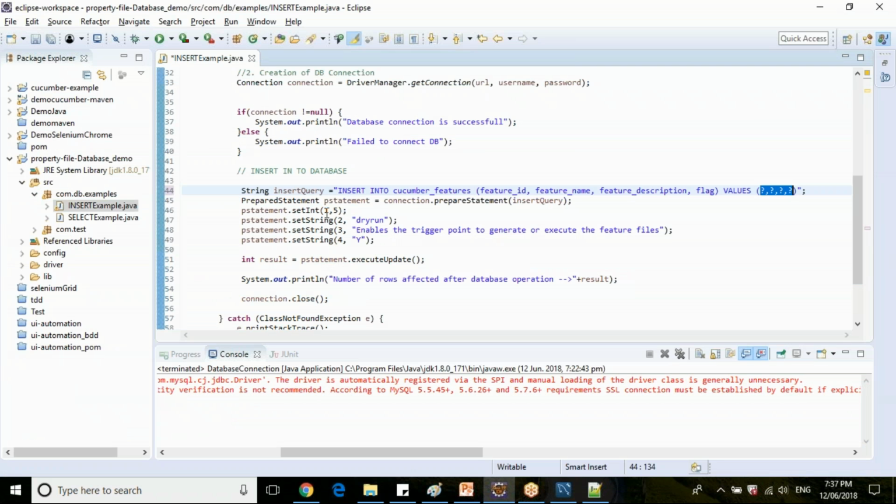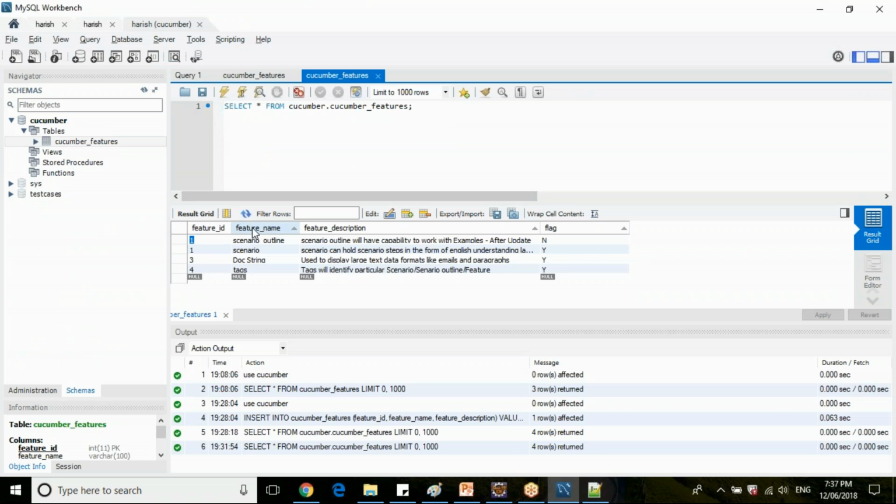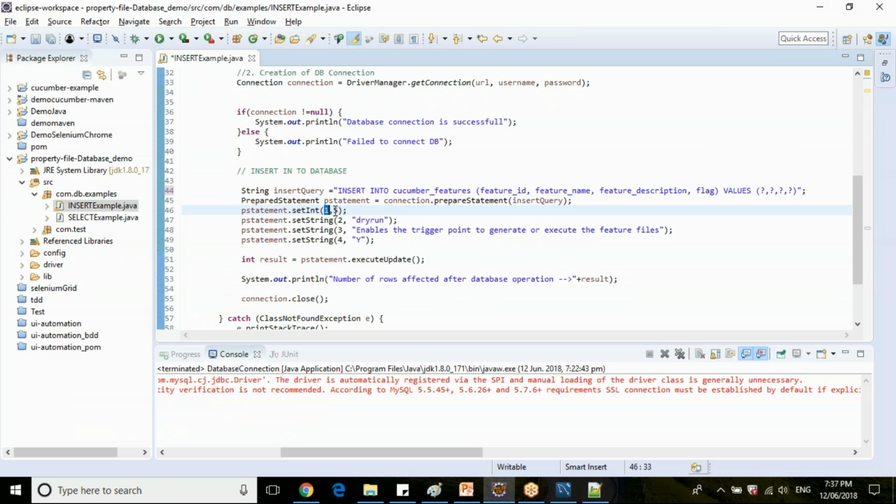Prepare your question marks like this. Suppose your column is integer, prepared statement dot set integer, and what is the index? This is the column index in your particular database table: feature ID, feature name, feature description. These are 1, 2, 3, and 4. So now we have 4 column names. Provide your column index as per the column position here, and the value you need to dynamically pass for your database.